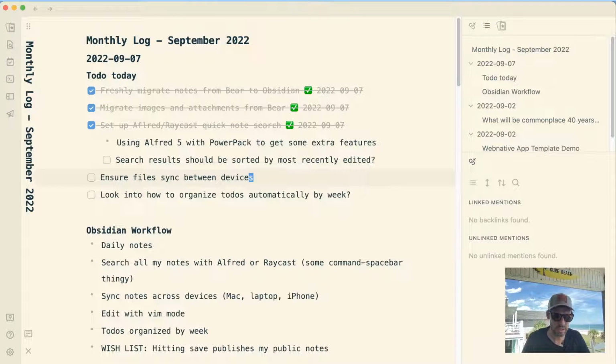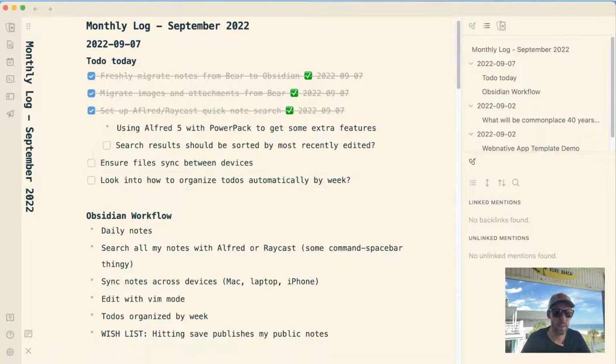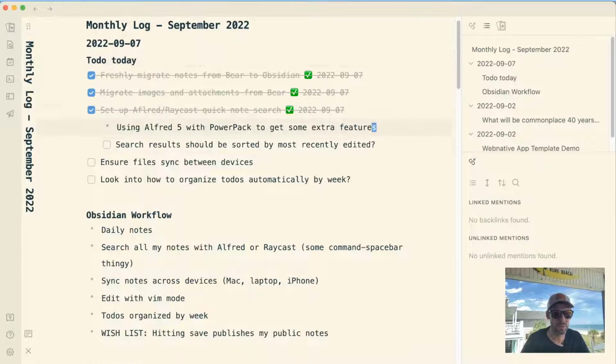Okay, cool. Sometimes I have to hit escape twice to get out of Vim mode and get out of edit mode, I think. I'm not exactly sure. But all in all, that's working pretty good.